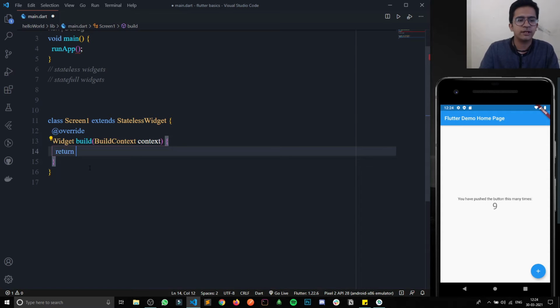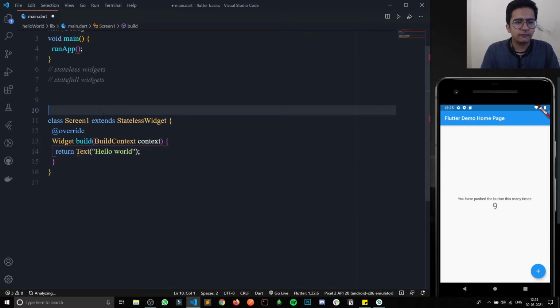So what we can do is remove that container, and instead put a text there. Okay, and inside the text we can write the all-programmer-famous thing, that is hello world, right? And whenever we return something, we have to put the semicolon here. So that is done now.